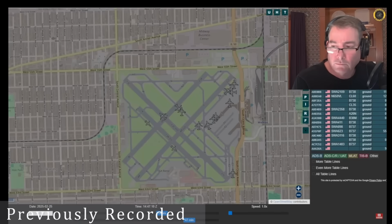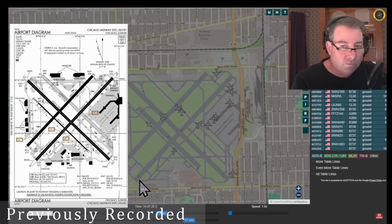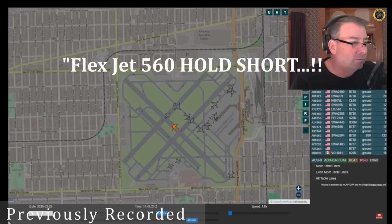FlexJet 560, turn left on runway 4 left, cross runway 31 left, and hold short on runway 31 center. Right, left on 4 left, cross 22 or 13 center, FlexJet 560. FlexJet 560 negative, cross runway 31 left, hold short runway 31 center. Cross 31 left, hold short 31 center, FlexJet 560. All right, we'll cross 2 left on hotel,